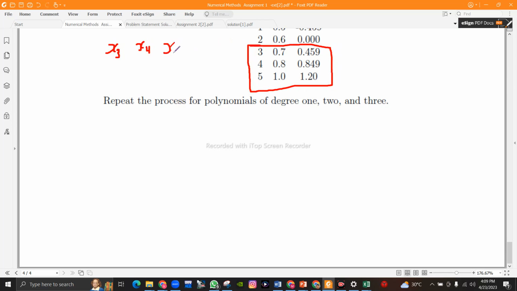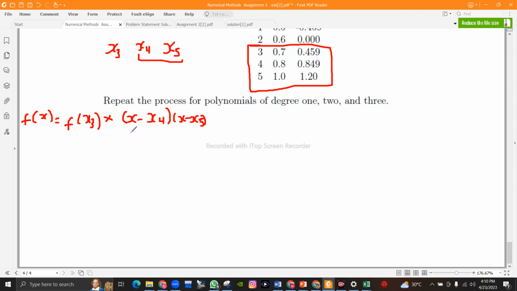We start with f of x, the equation for interpolation, equals, let's pick this first, f of x3 times, since we pick this, we subtract x from the remaining two, that's x minus x4, and then x minus x5,